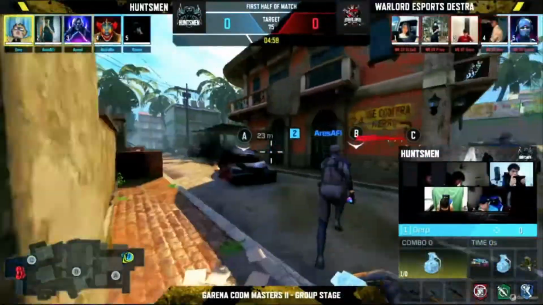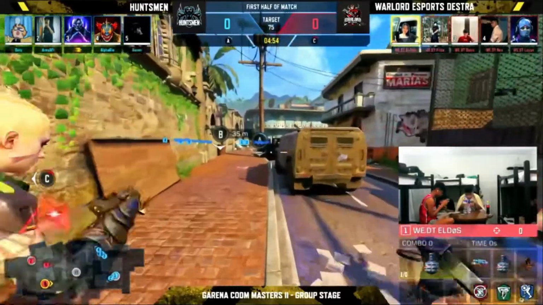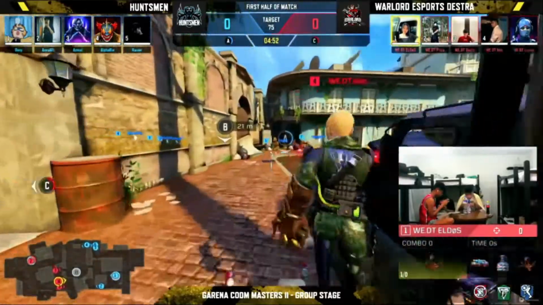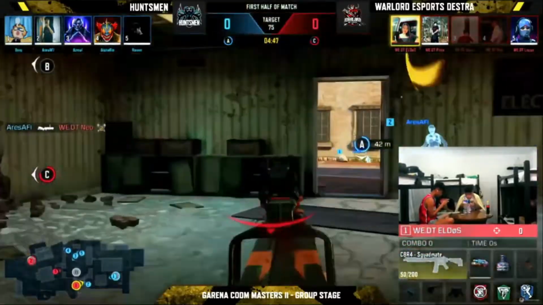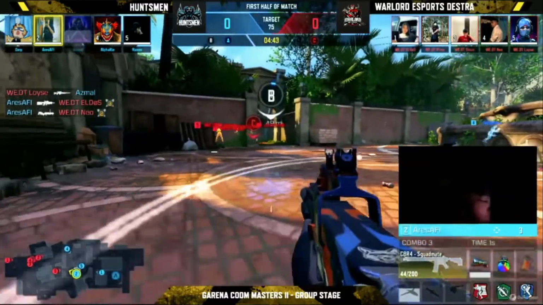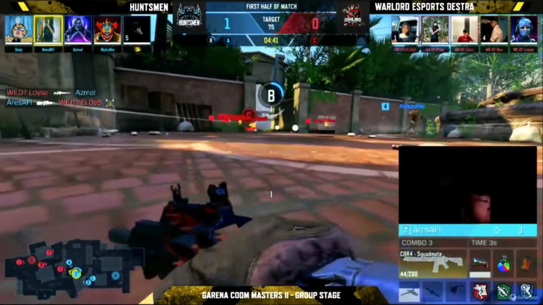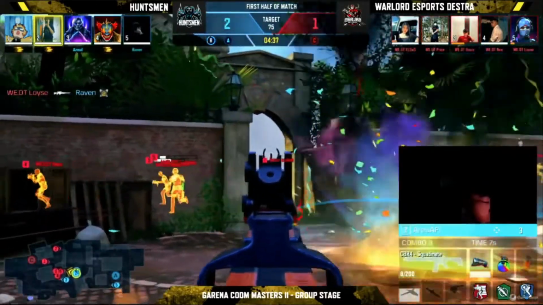Factor here if you want to get this victory is map control, and of course having that favored spawn to favor you. And I'm talking about that Charlie, what we learned so far for these first 2 days of this competition, that Charlie's flag is going to give you an even more advantage to win you these games. But let's come and find out, because Huntsmen, Destra already in the game, and AresAFI is going to kickstart this